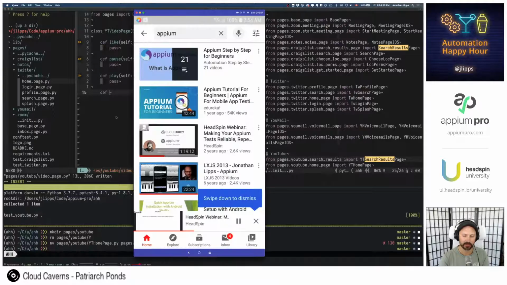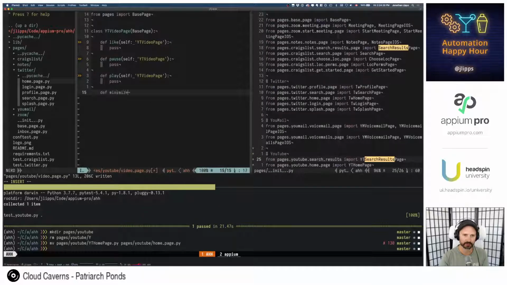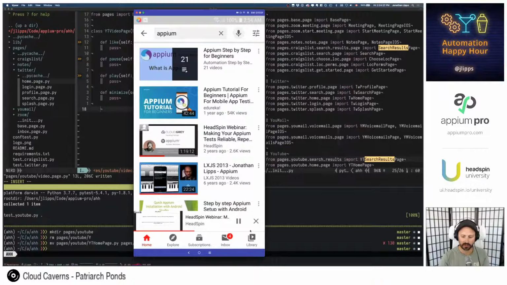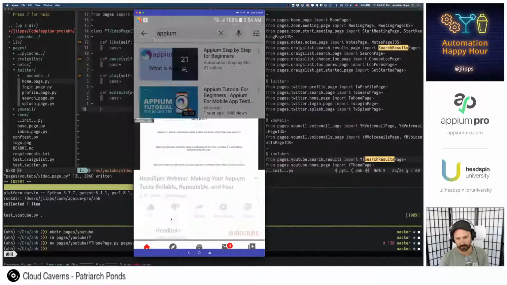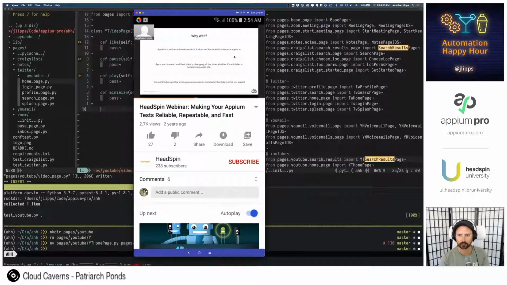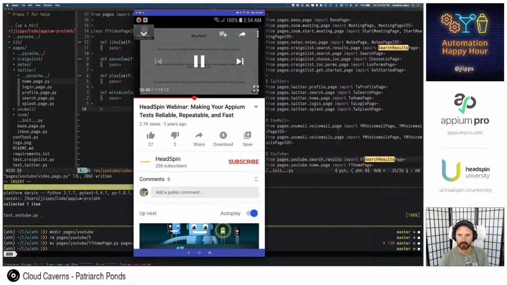Or maybe it goes. Yeah, I'll call it minimize. Not sure if we'll actually want to use all these or not. And then there's no real easy way to close this.